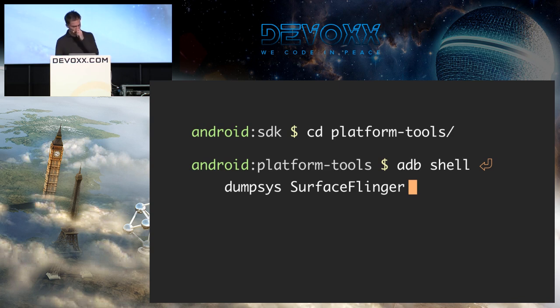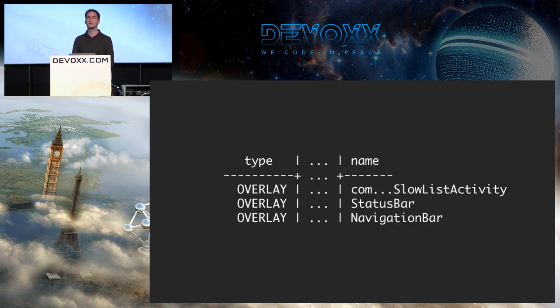Another tool I want to talk about, so it's another DumpSys tool, is called SurfaceFlinger. That tool will tell you exactly what's going on at the composition level. So remember I told you that we have a limited number of overlays in the system, and DumpSys SurfaceFlinger will tell you if you are using these overlays or not. So I'm going to skip ahead. Okay, so if you run DumpSys SurfaceFlinger,